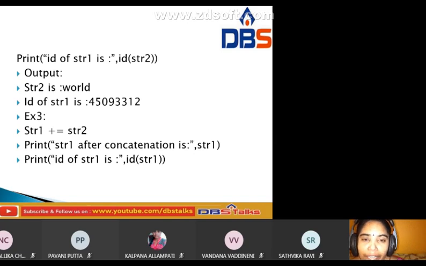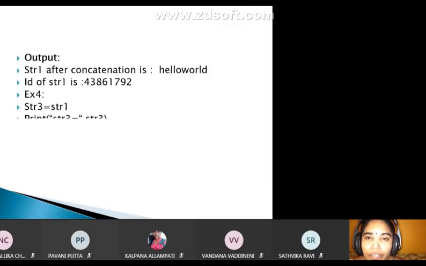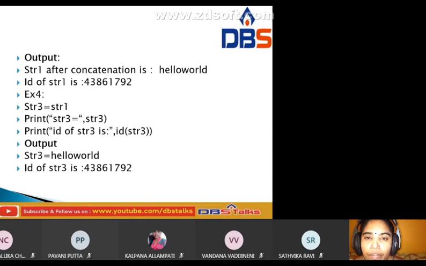After concatenation, print the id of str1. The concatenated result is stored in str1. This is the output for that program.